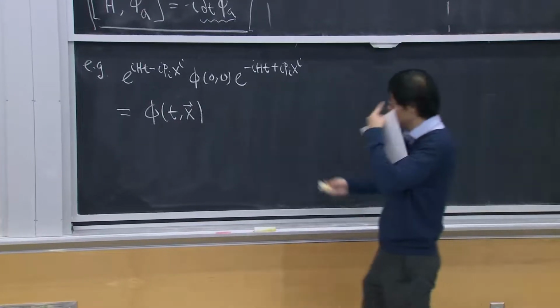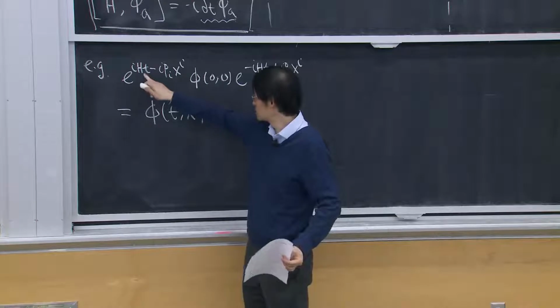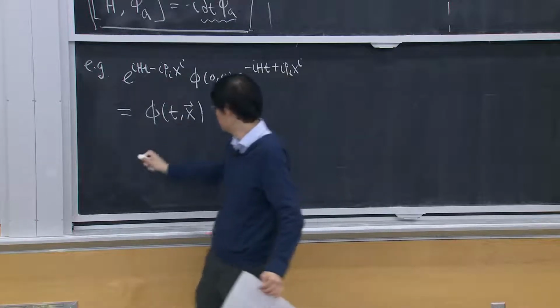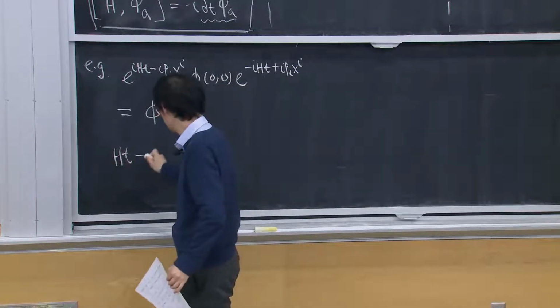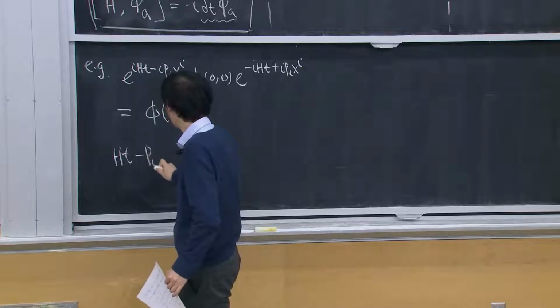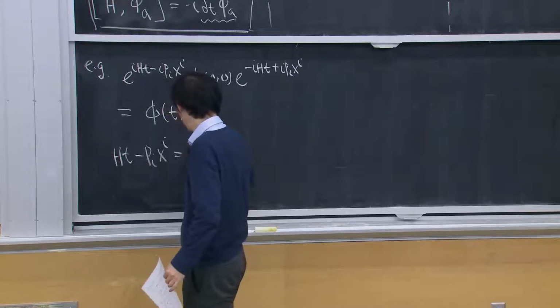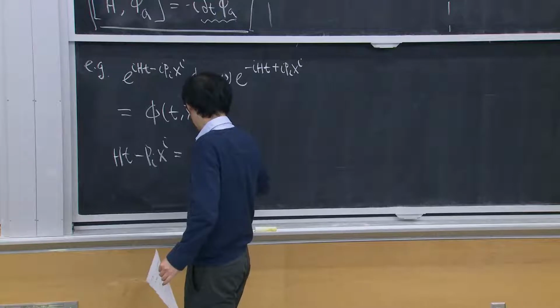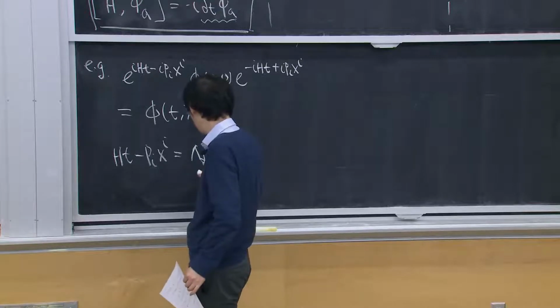And so here H t minus π ξ is our λ_α Q_α here. Okay, so α here runs